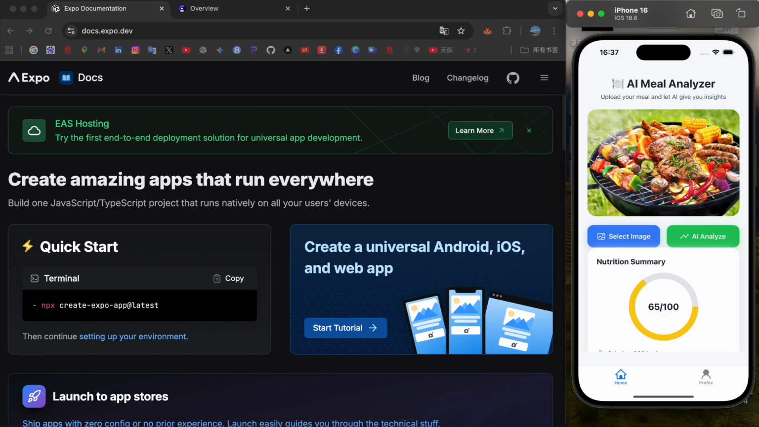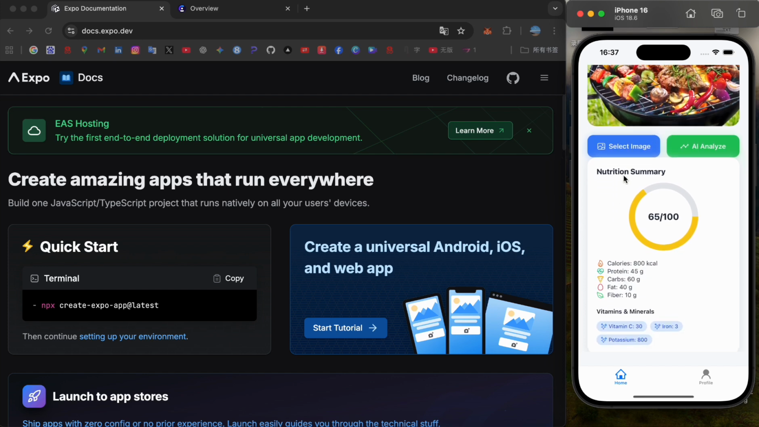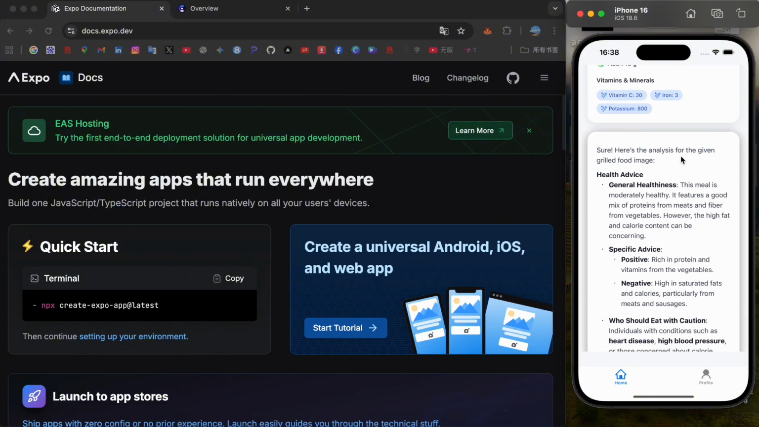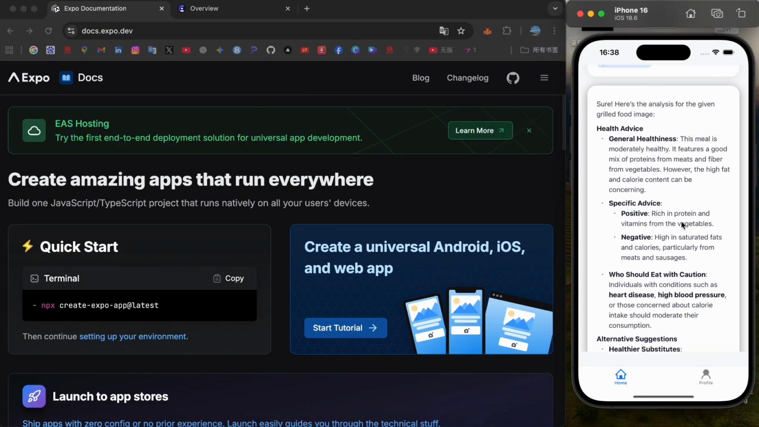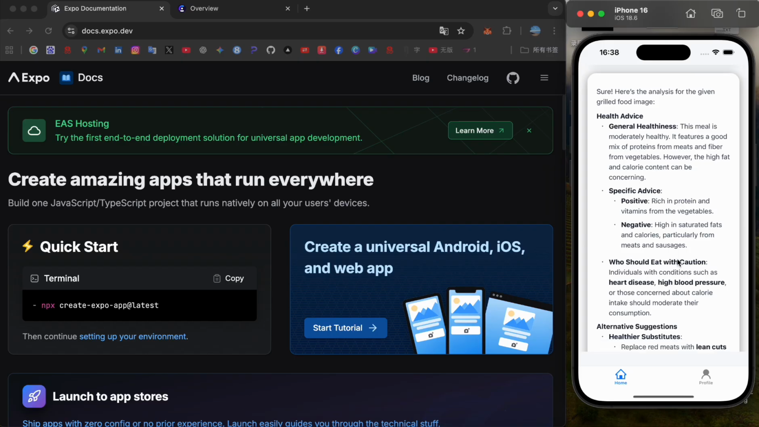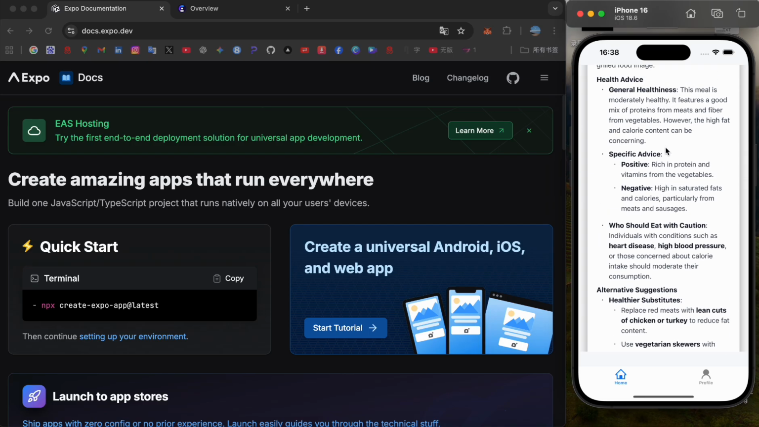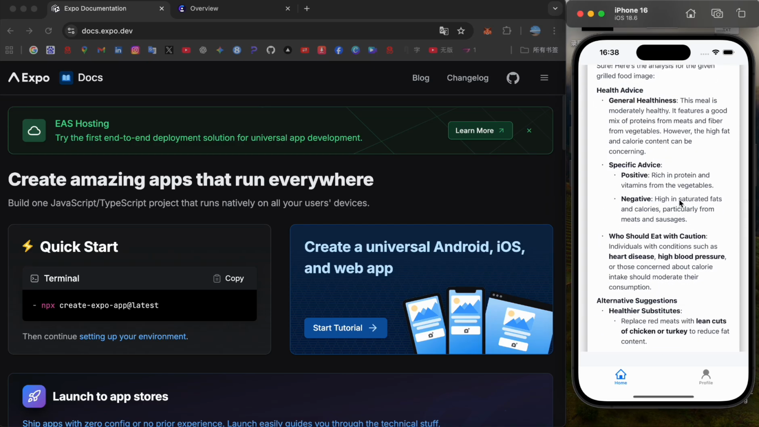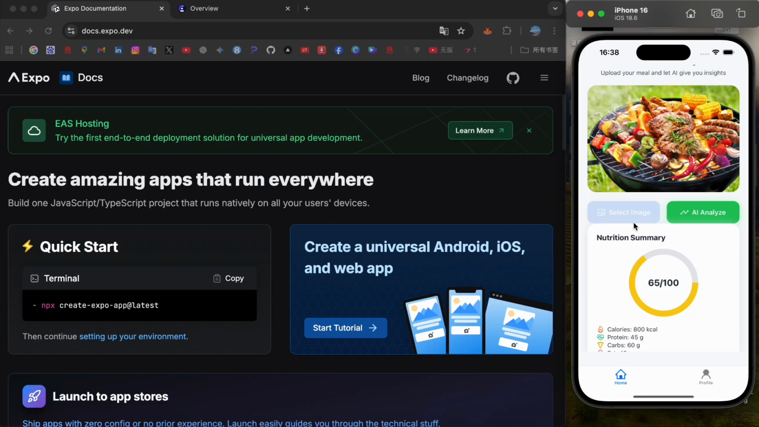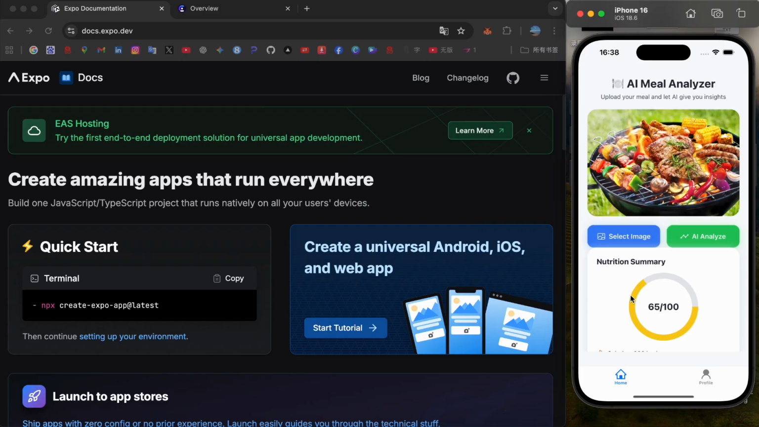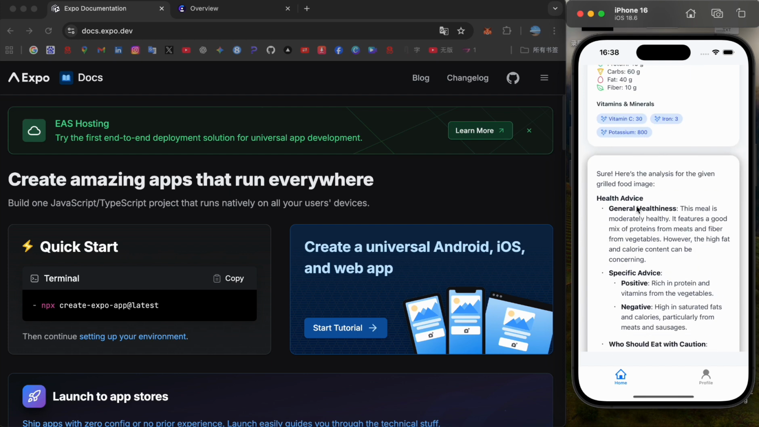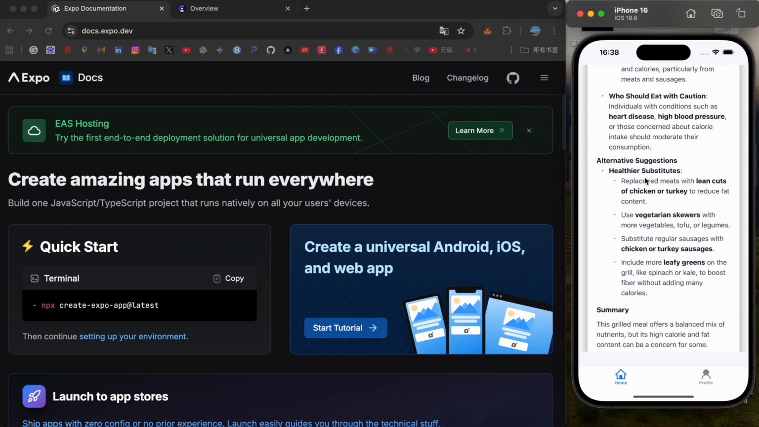And we tell OpenAI to return two parts of the result. The first part is JSON data that we can use to display this part of the UI: the score and the nutrition. The second part is text in markdown, and we can use markdown to show the text. In just a few seconds, you can get a very clean nutrition breakdown, health score, and suggestion advice from